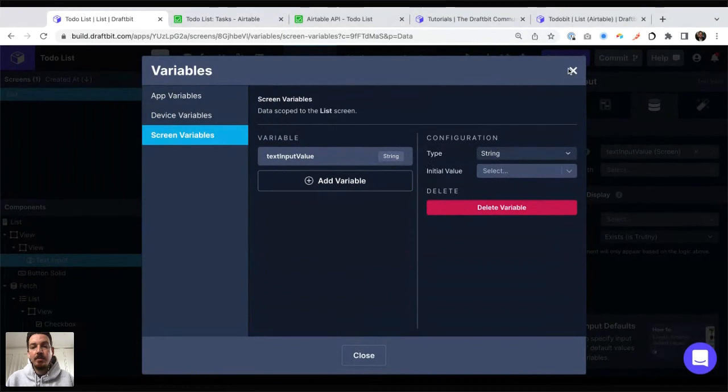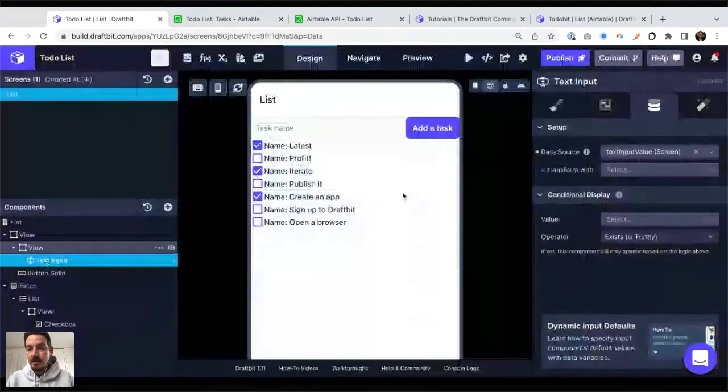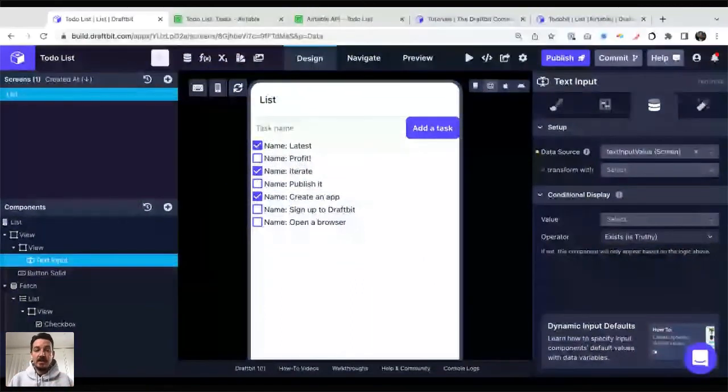And because we have that, now we can say that that text input, when you change it or type new things, is going to update that variable. So that variable is always going to be filled with whatever is in that text input. Okay. So that's good.